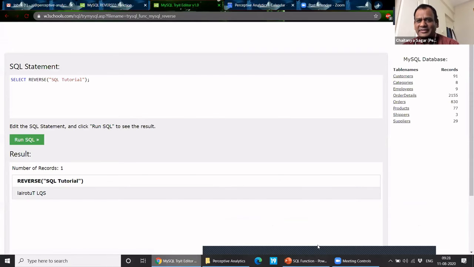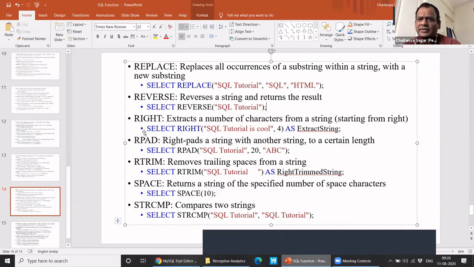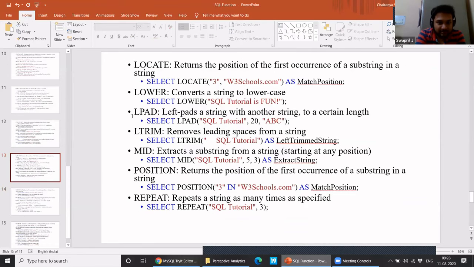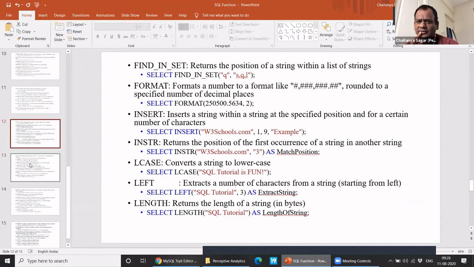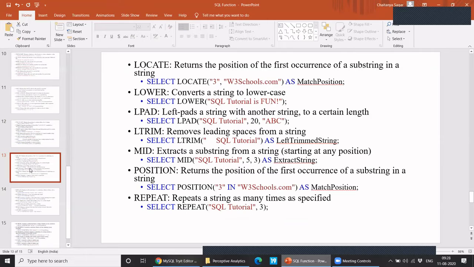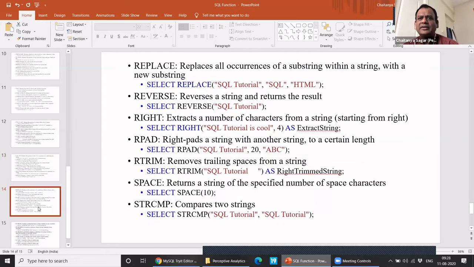What's the other one? I think you just go back. What was the other one? LPAD. No, not LPAD. There was one more also which I. Sorry. Might be repeat. No, repeat is there in almost everyone. Okay, cool. I think it was just LPAD. Of course, we just discussed that now. Cool. We'll come back to that later.